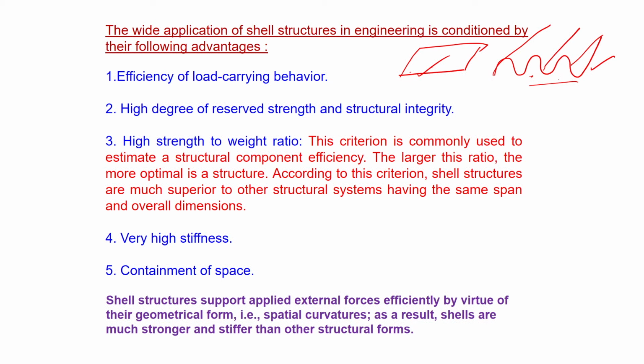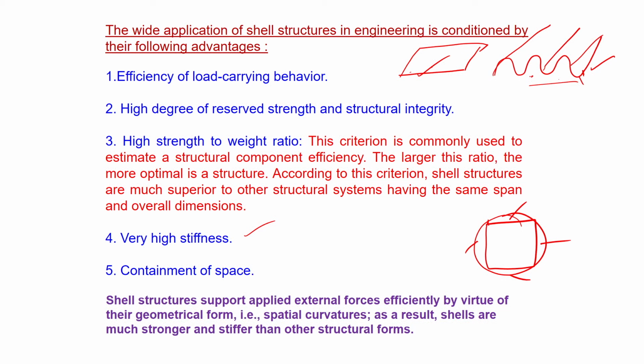Then high degree of reserve strength and structural integrity. The most important part, high strength to weight ratio, because they can take more load. So, we can go for thinner sheets, we do not need thick sheets, very high stiffness. And then the containment of space: a sphere, you know, can have maximum volume compared to other bounded volumes. If you talk about just a square, it will hold a smaller volume than